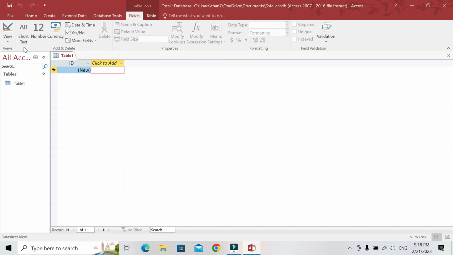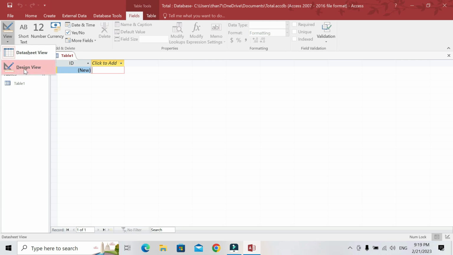In Microsoft Access, there are two views here, datasheet view and design view. Datasheet view shows you the data for the user. By using the design view, you can design and modify your database.